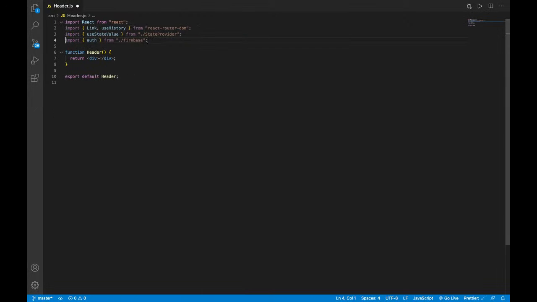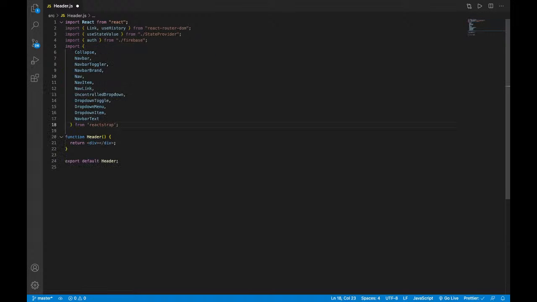You can copy that, paste that here. Now I need Collapse, Navbar, NavbarToggler, NavbarBrand, NavItem, NavLink. I need all the things here. After that, let me delete return. Start with